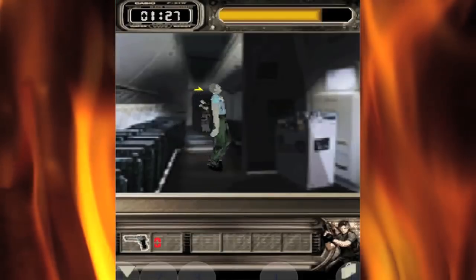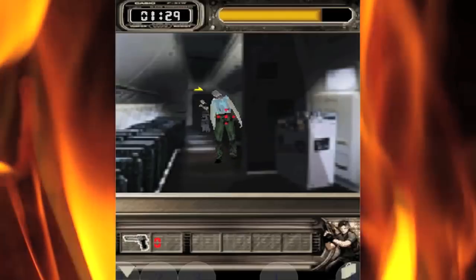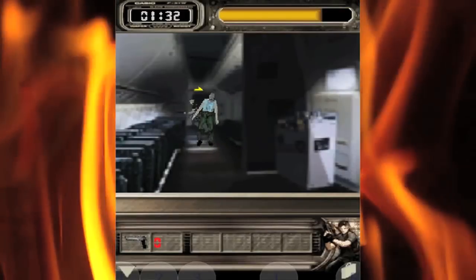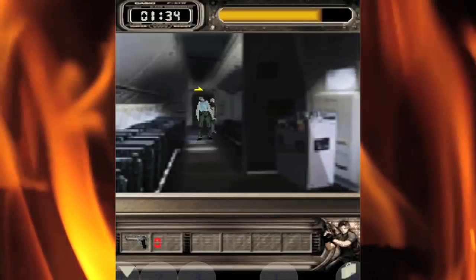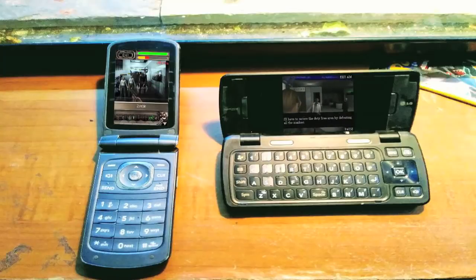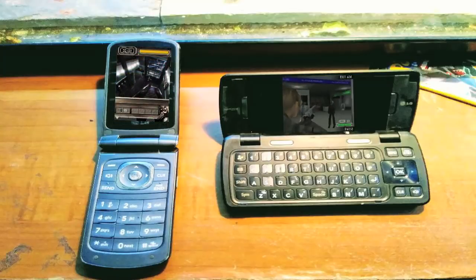Since the 3D version was only capable of being used on later mobile phones, they actually made a separate version for the earlier mobile phones, which used fixed camera angles. Here's a picture of the phones capable of playing each version. Unfortunately, I couldn't get both phones to work, and I did buy both Resident Evil Degeneration versions for each phone,